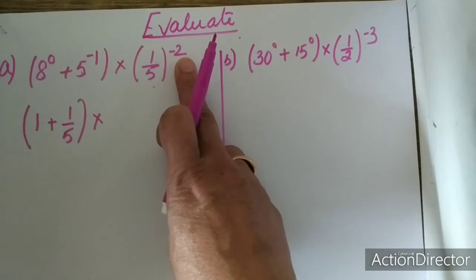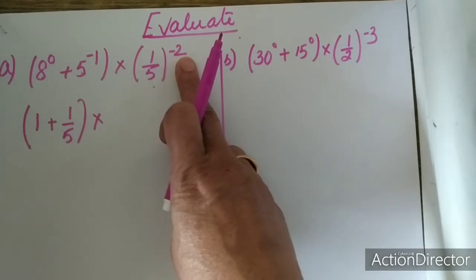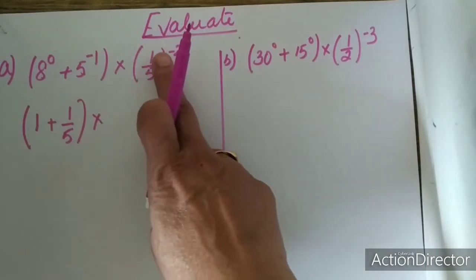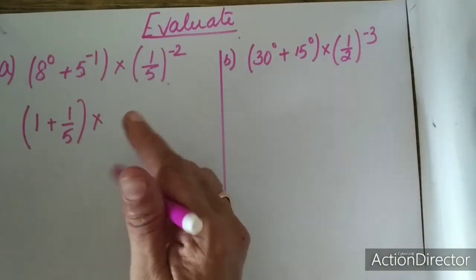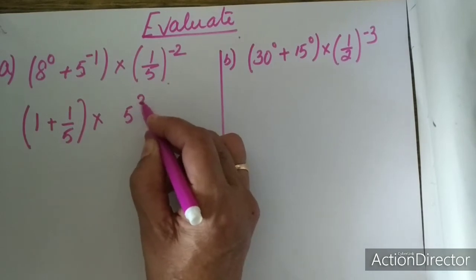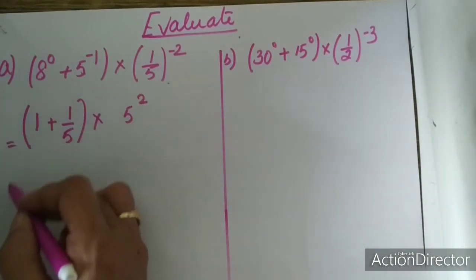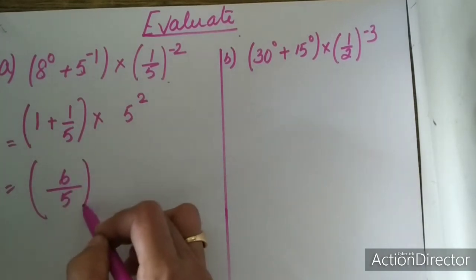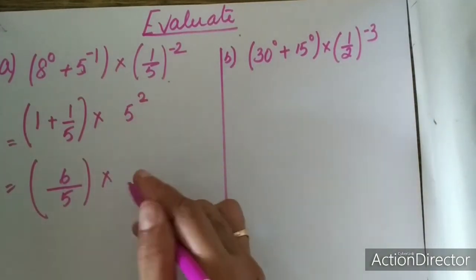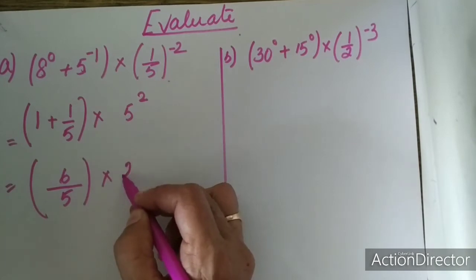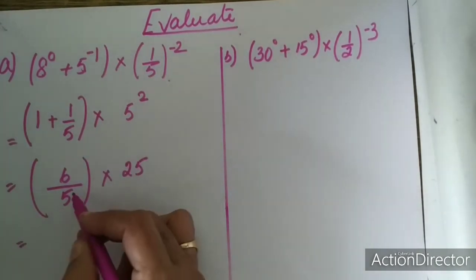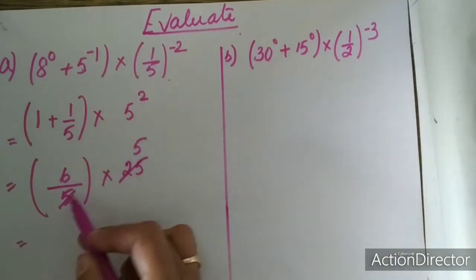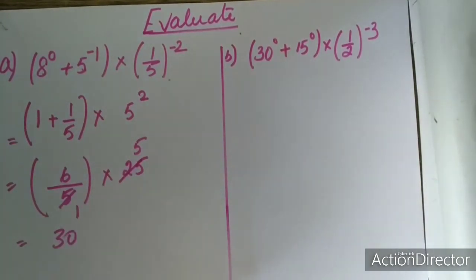again you see it is a negative power. When there is a negative power, always I have to make it positive. So to make it positive, I have to reciprocal this number. So what is the reciprocal of 1 by 5? 5. So it is 5 power 2. Now this can be further simplified by taking LCM as 6 upon 5 into, what is 5 power 2? 5 power 2 is written as 25. So this is equal to, we can cancel the number over here, denominator and numerator. So my answer will be 6 5s are 30.